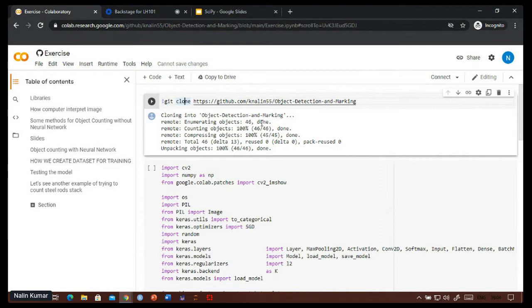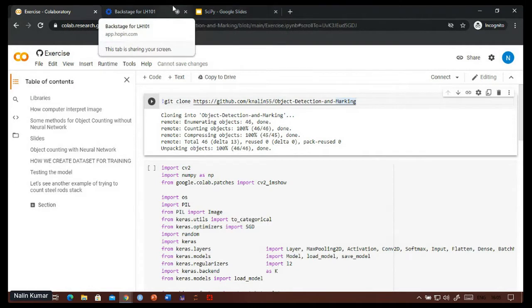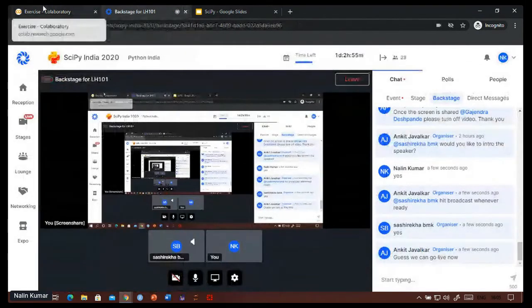Okay. So first of all, everybody has to get the exercise IPYNB file from the GitHub page we have sent you the link of. Open that and click on open with Colab.